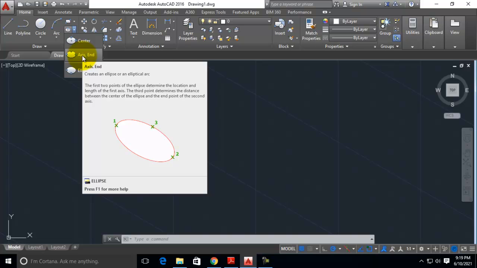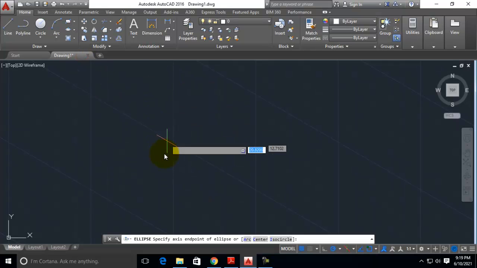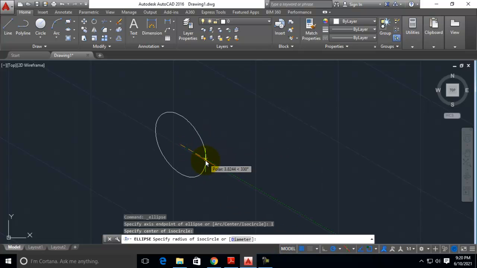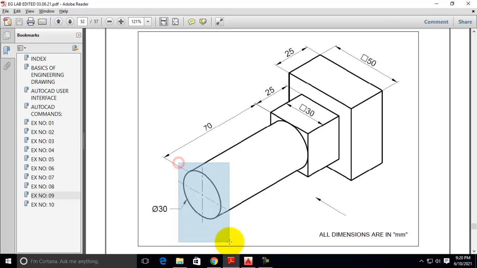It is used to create an ellipse using the 2 axis method. But after selecting this method, go down and select the iso circle option available in the command bar. Okay, click on iso circle. Now if you draw anything, it will be visible as a 3D isometric circle like this.